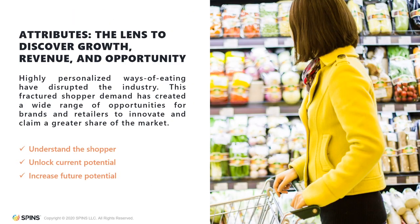So what can the Spins attribute portfolio help solve? And to be blunt, how does this affect your bottom line? Well, we've established that shopper motivations have become highly personalized, but this personalized way of eating has truly disrupted retail. This fractured consumer demand has created a wide range of opportunities for both brands and retailers to innovate and claim a greater share of the market. And we're going to break this down into 3 core steps. First, understand the shopper. By understanding the shopper and having a shopper-centric toolbox of attribution and analytics at your disposal, you'll be able to unlock your current store potential and grow your future potential as well. So first up, let's talk about understanding the shopper